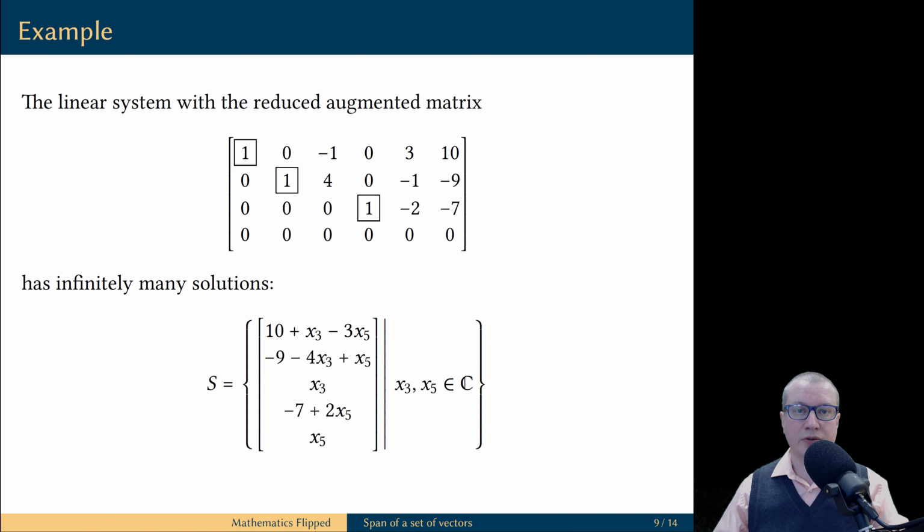Let me also construct examples of explicit presentations of the given vector u as linear combinations of the given vectors from the set T. For this, we simply need to construct some specific solutions of the corresponding linear system. From the reduced matrix, we see that x3 and x5 are the free variables, and x1, x2, x4 are the dependent variables. So we have an infinite solution set, which can be described using two free variables.